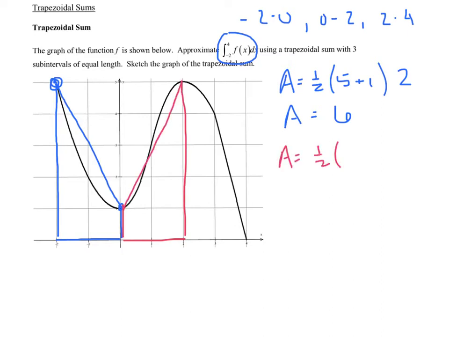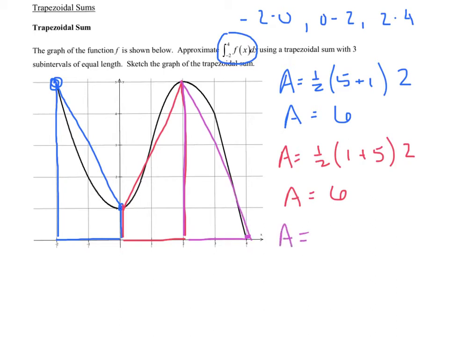We got 1/2. The first height was 1, the second height was a 5 again, and the base was 2. Looks like I got the same size trapezoid with another area of 6. And then last but not least, we've got a height at 2. At 4 we've got a height of 0, so we connect them, and we actually created a triangle